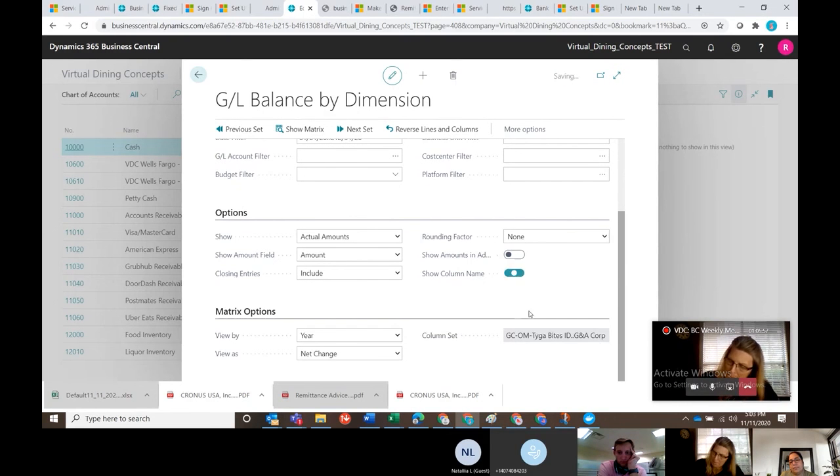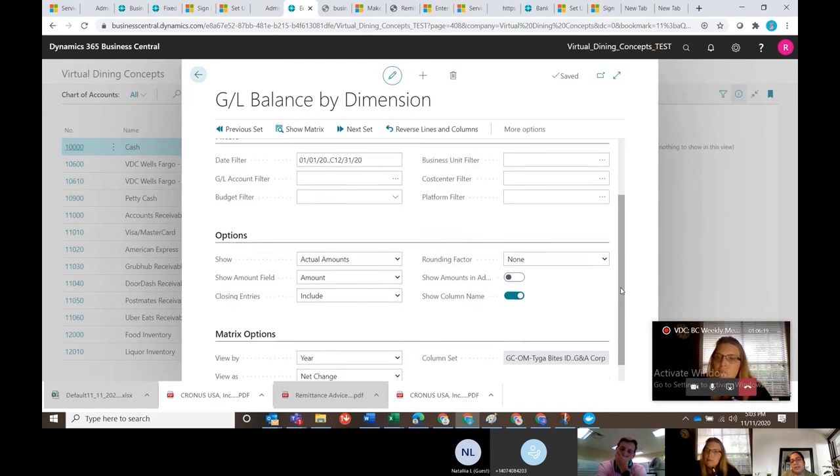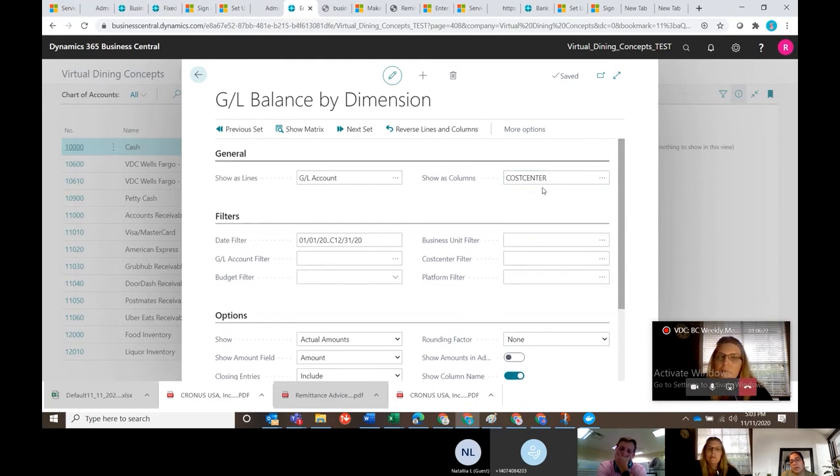So let's press this one. So instead of a code, I will have the name of the dimension. And then in the matrix option is when you tell the system how to see the information. We're going to look at information per the year now, because we want to see all that is there. We want to see the net change, but you can also see the balance at date. And then the column set, this one here, is dependent on these columns that we have selected. Now that I have set up my view, then I can show my matrix. So I go to show matrix,